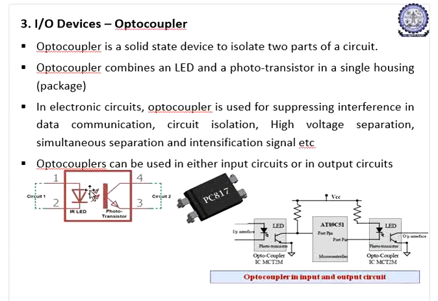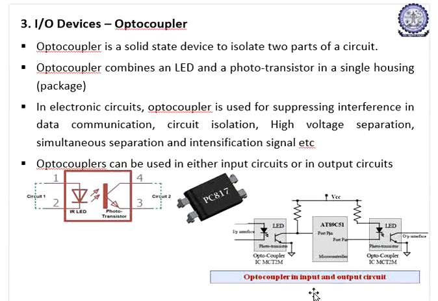So there is no wired connection. It depends on the infrared LED, on the sensing of the LED rays; only then will the phototransistor start working. Repeating once again, circuit 1 is connected with circuit 2 with no wired connection in between. It depends on the infrared LED glowing and emitting light. If the phototransistor is sensing properly, during that time 3 and 4 should be connected. So it senses that light, and according to that circuit 2 will be connected.